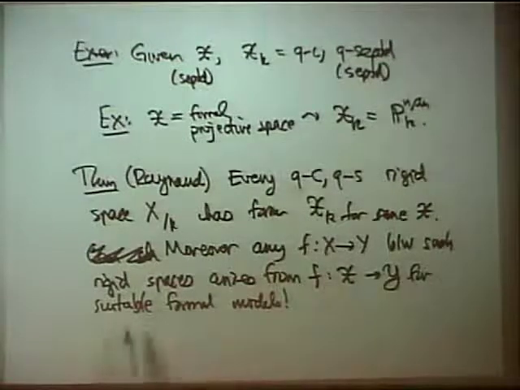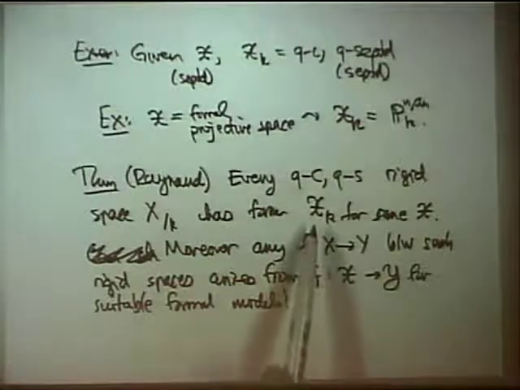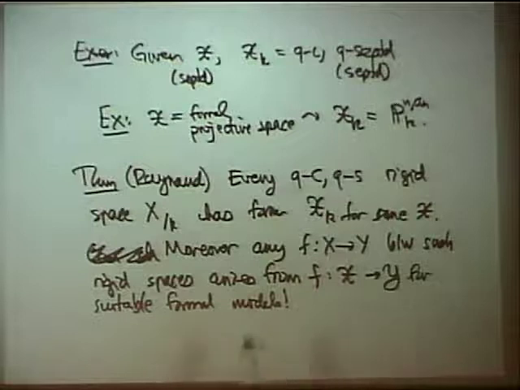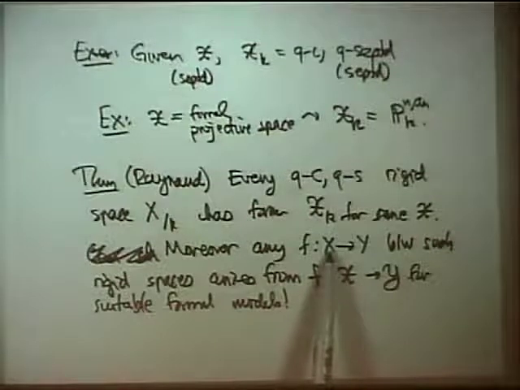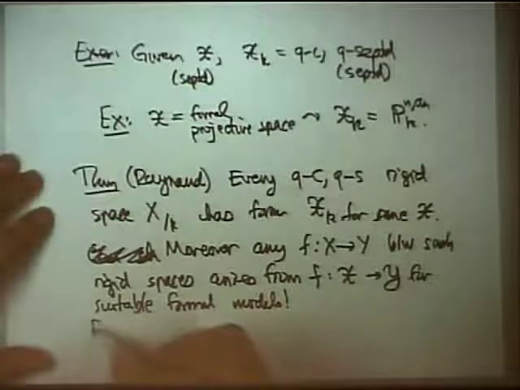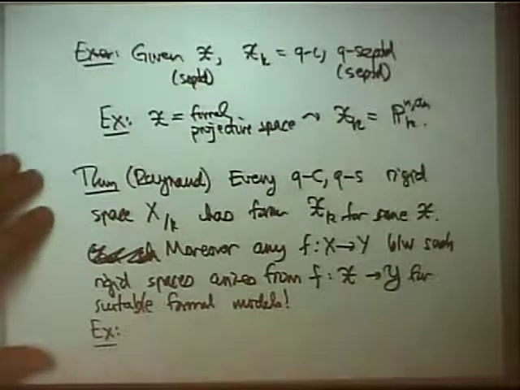And in fact, Raynaud showed it's basically the only ambiguity possible, which is to say any two formal models of the same rigid space, they're dominated by a common blow-up in the closed fiber. And so in this way, you can take questions about these maps and try to convert them to questions about these maps. I'll just mention one of the most striking examples, which again is a quite deep theorem